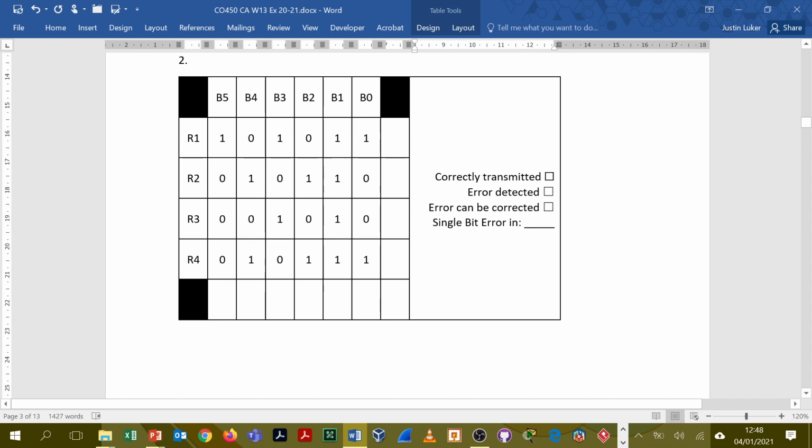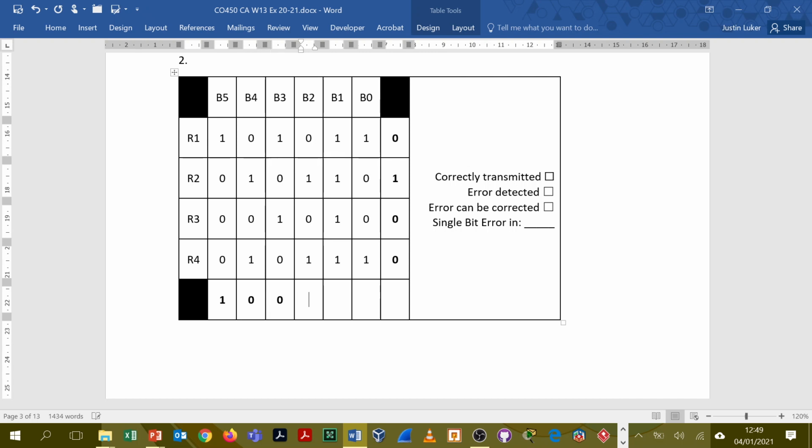Have a look at this one. So what have we got here? We've got 4 ones, so an even parity check would be 0. 3 ones in this one, so even parity goes 1 there, so there's an error somewhere in that one. 2 ones, so even, 0. And then we have 4 ones, so 0. And then column wise, here we've only got 1, so 0 for that one, 0, 0, 0, and 0, and again 1 there. So our error this time is in column B5, bit 5,